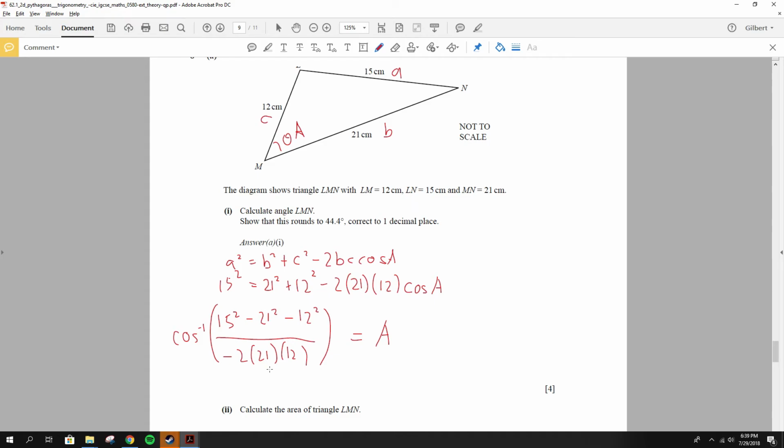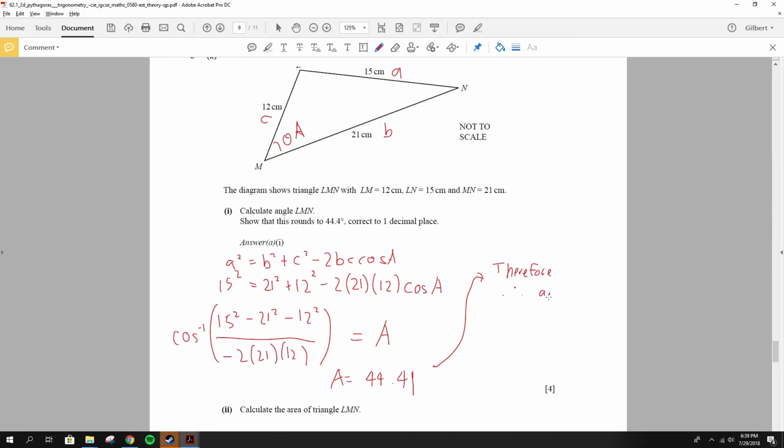You will get 15 squared minus 21 squared minus 12 squared divided by negative 2 times 21 times 12. Remember to type in your brackets properly, guys, and then shift cos answer. You're supposed to get A equals 44.41. Remember, because they ask you to prove that it equals 44.4, that's why you need to show the extra significant figure here, and then your final answer is supposed to be therefore, or you can just simply do this,